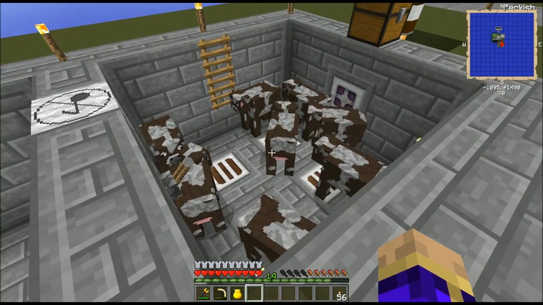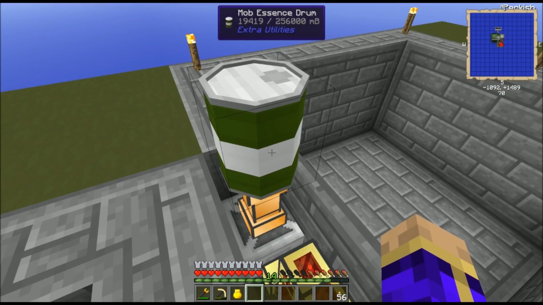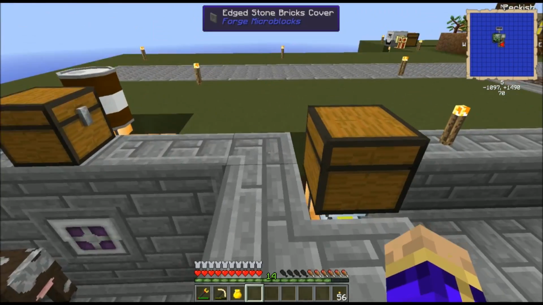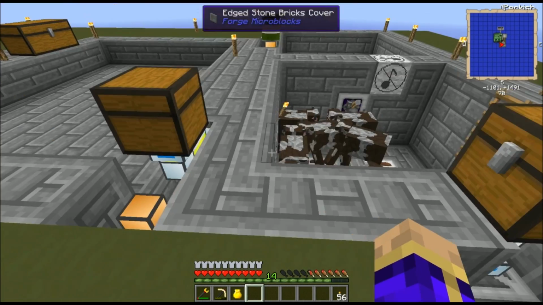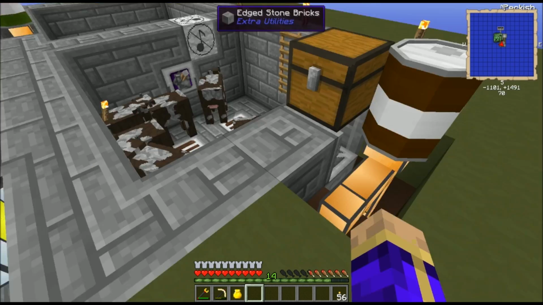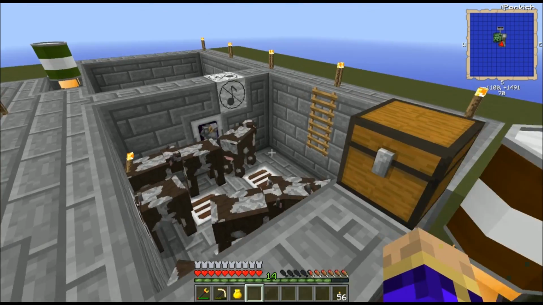Since last time, I did some work on my cow farm, got some extra pipes and such put into it, and have a drum full of mob essence filling up. The rancher is producing milk very quickly. Sometime very soon I need to start processing that into a much larger storage because I filled up a drum of the stuff in minutes. And I've got a full drum full of sewage, so I need to start processing that into a larger storage